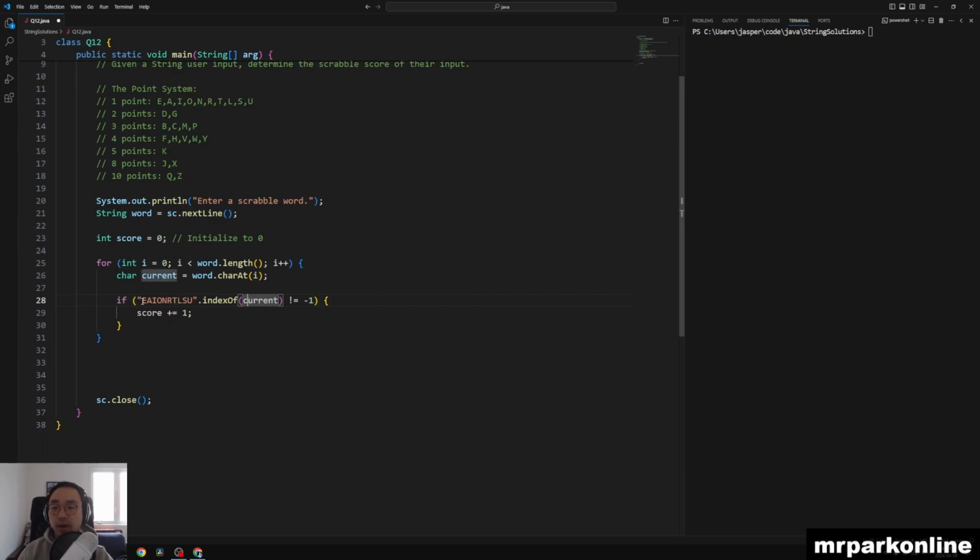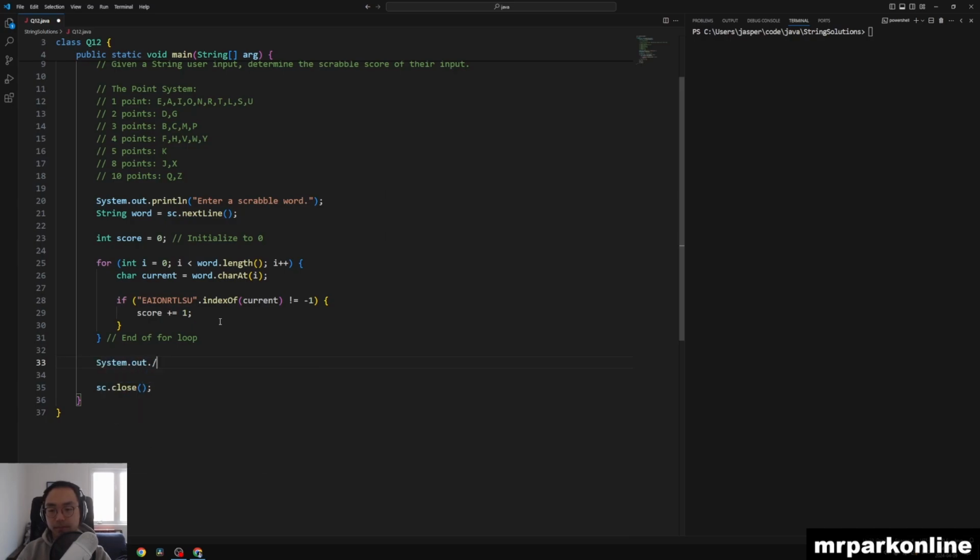This current is able to generate an index value where it is within this set of characters. Therefore, the result of our indexOf method was not -1, so we got to increase the score. Right? And this is the end of the for loop. And after that for loop is over, after we do a whole bunch of other if statement conditions, we can just say that